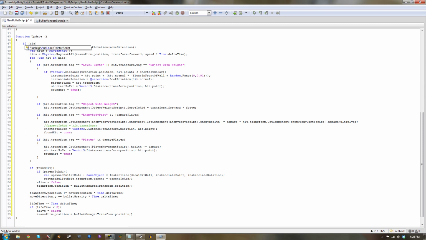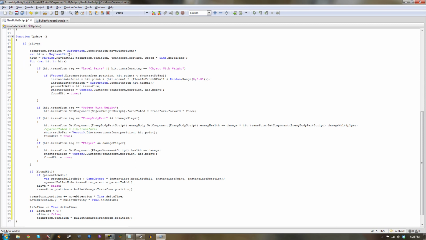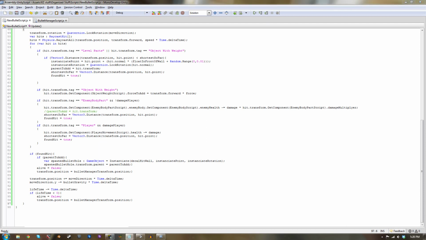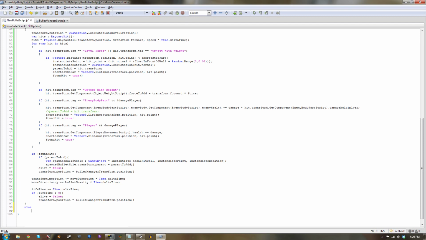So if alive, bracket and closing bracket. Okay, so now we have everything inside of an if alive if statement. And then let me double check my notes over here. And then we can write after that big if statement else, need to reset